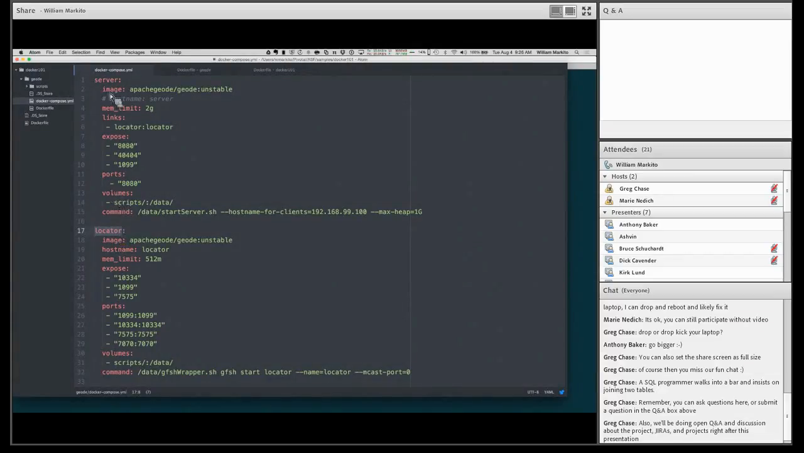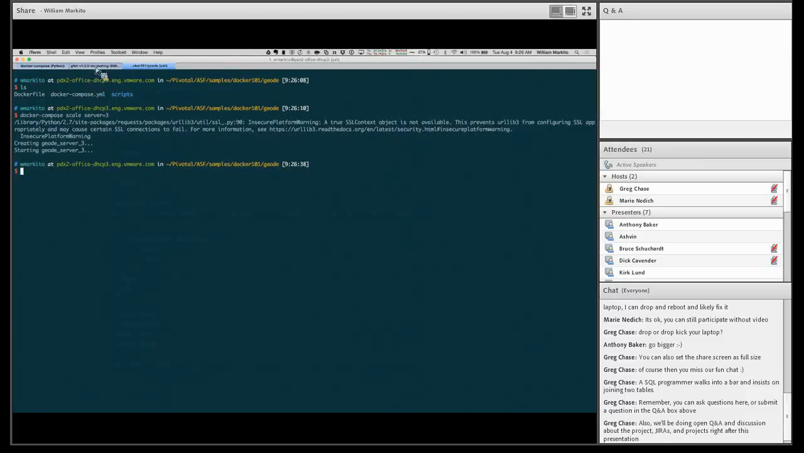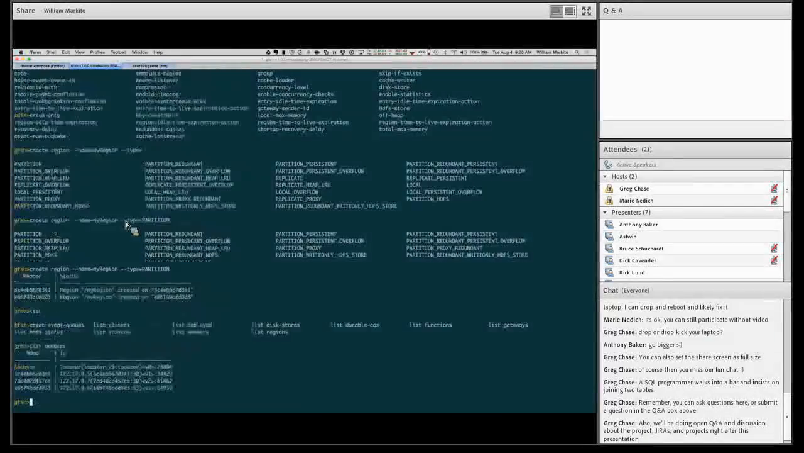So I can ask to scale the server by just doing scale server equal 3. Okay, let's see if that worked. List members, remember that I had 2 before. Now I have 3. I have a third member. And that's also one of the interesting parts that make Geode a good fit for containers, right? Because it's really easy to add more nodes to a Geode cluster, as soon as you are providing those containers and they are joining our distributed system,